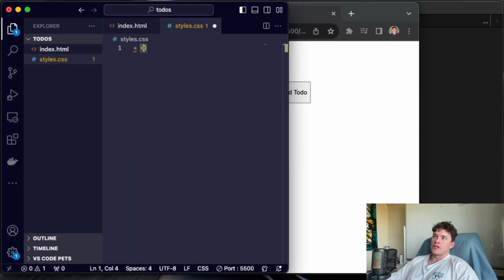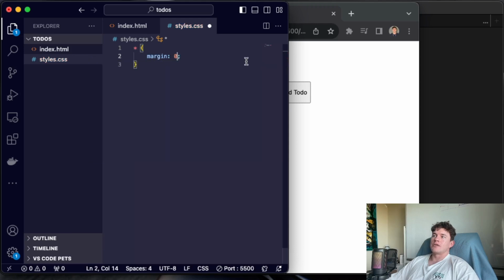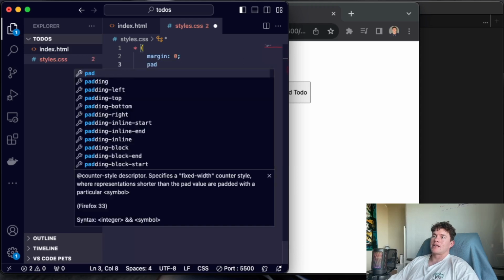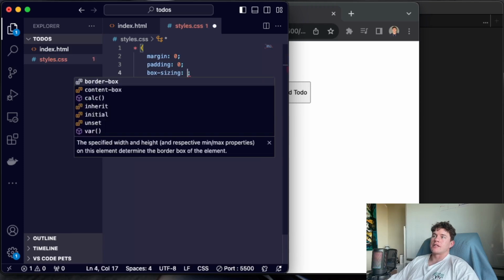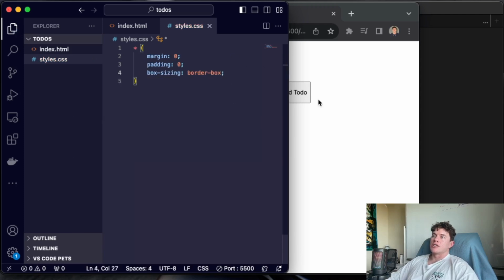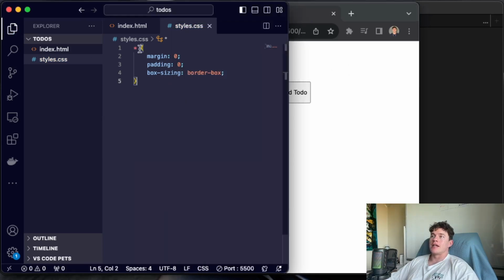The first one we're going to do is use the asterisk selector to select every element in our document. And we're just going to set the margin to a default of 0, the padding to a default of 0, and the box sizing to border box, which just means that all borders are contained within the perimeter of the element. We can refresh that page and nothing happens,